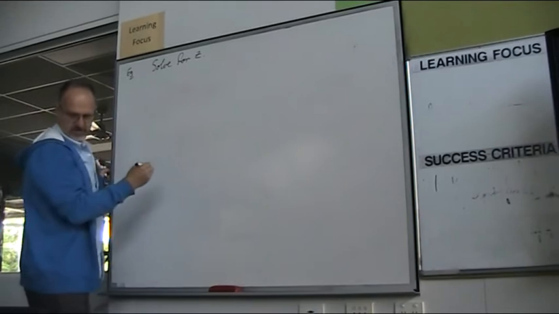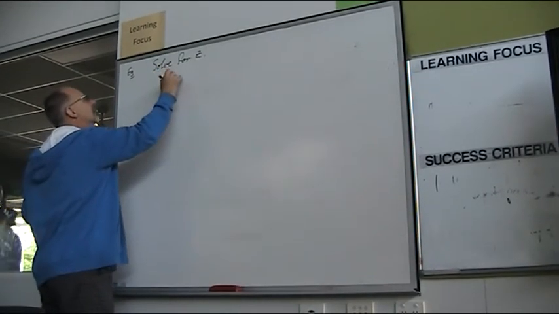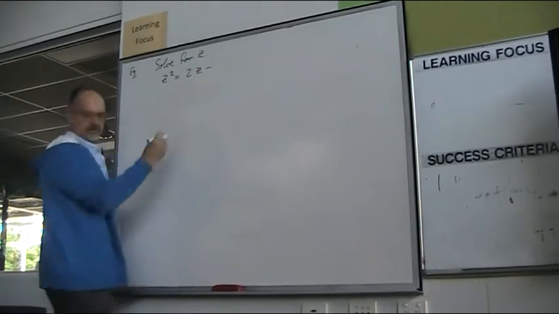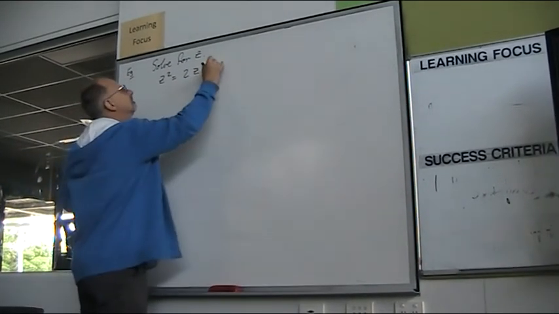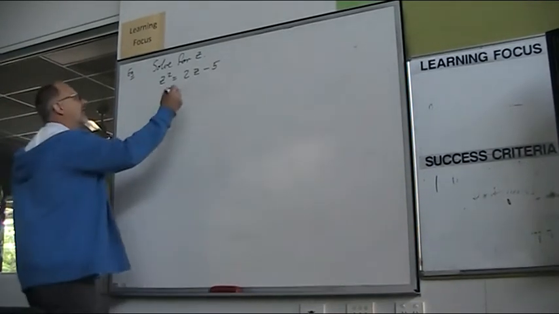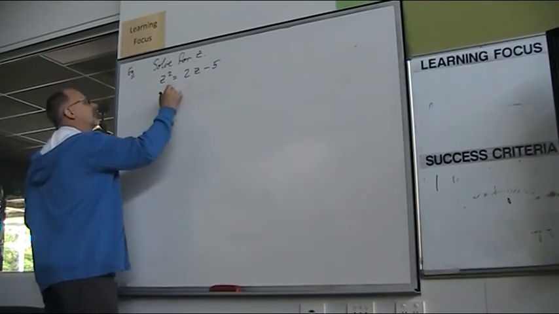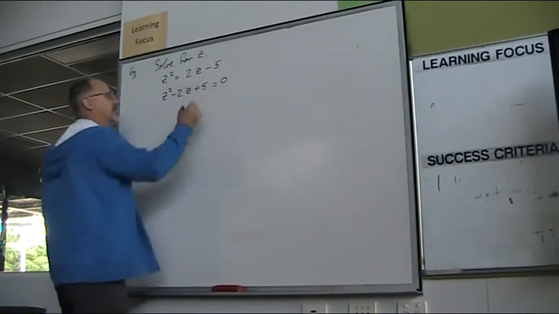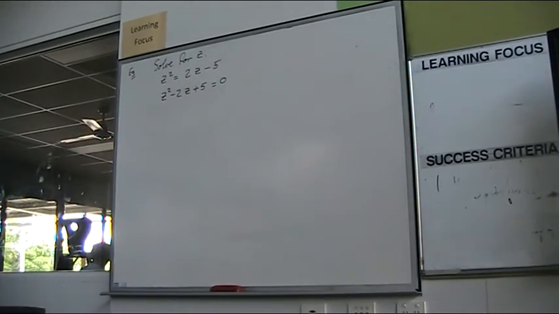And so what we've got is z squared equals 2z minus 5. Alright, so the first step would be to get it onto one side. So always, when we're going to solve things, we want to make it equal to 0, then we can factorise, use the null factor law,